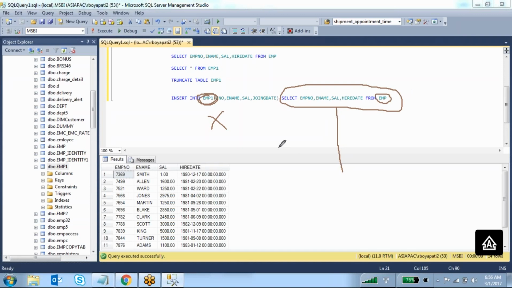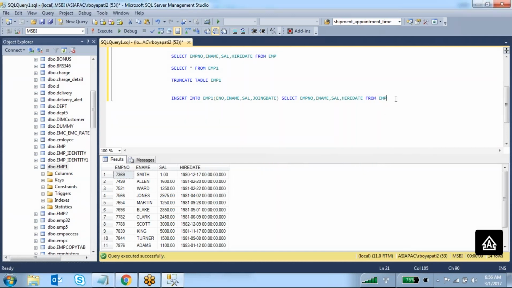I want to create a table like emp_copy1, with the column names employee number, employee name, salary, hire date, and the data types also should be the same. And I want to copy the data from emp to emp_copy1. Okay, right. So how can we do this one?